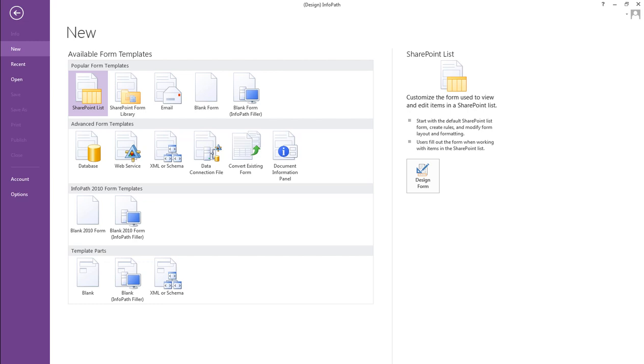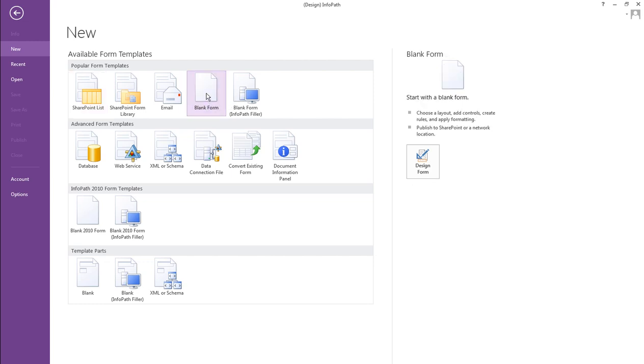In this video, I'm going to cover four main areas in creating the first form within InfoPath. I'll show you how to insert a picture, then a page layout template, then I'll also go through adding a theme, and finally inserting a table on a blank form. So let's start by creating the form, and I'll double click on blank form,